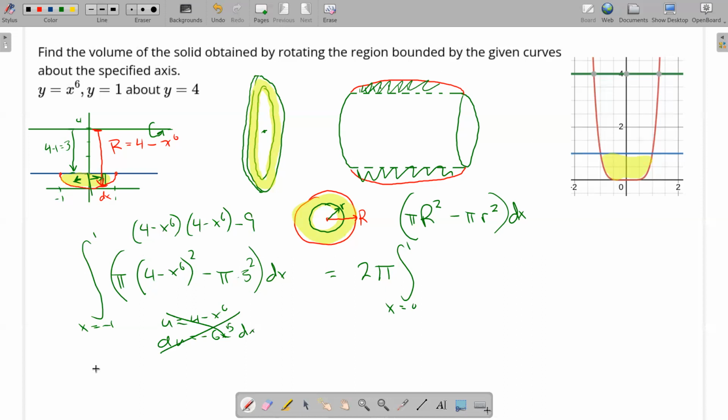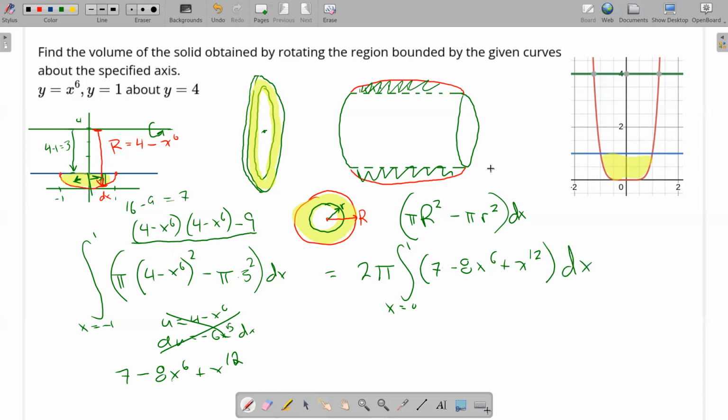So I'm just going to write that down here. That's going to give me a 4 times 4, which is a 16, minus the 9. Let's see, 16 minus 9 on a good day is 7. So I'm going to have a 7. And then we're going to have a 4 times -x to the 6th, and a -x to the 6th times 4. It's going to give me -8 x to the 6th. Negative times the negative is a positive. X to the 6th times x to the 6th is x to the 12th. So that is this product minus 9. So that's my new integrand. 7 minus 8 x to the 6th plus x to the 12th